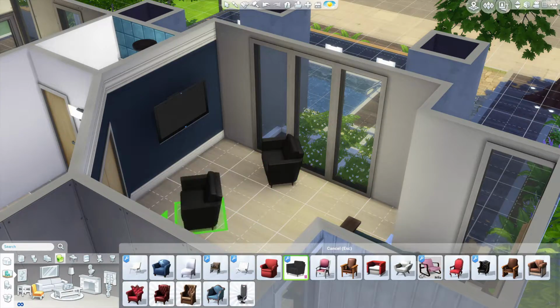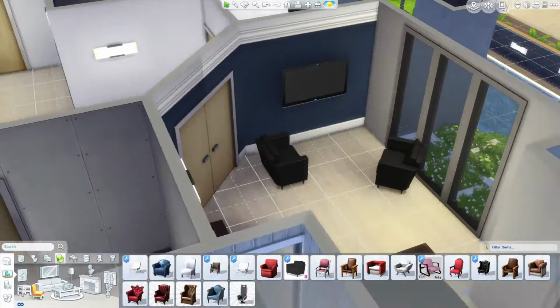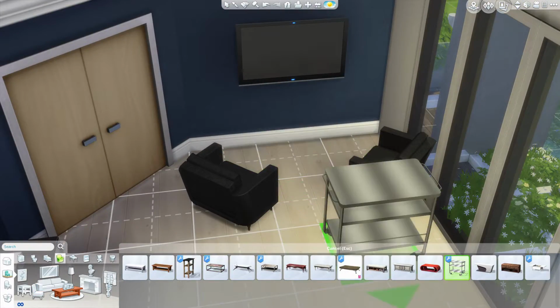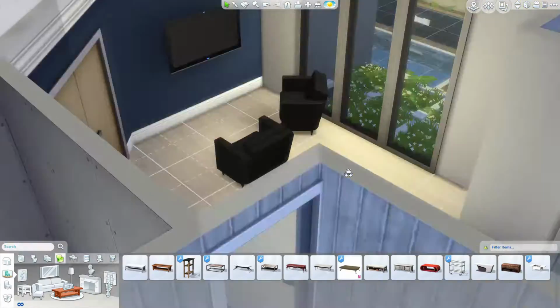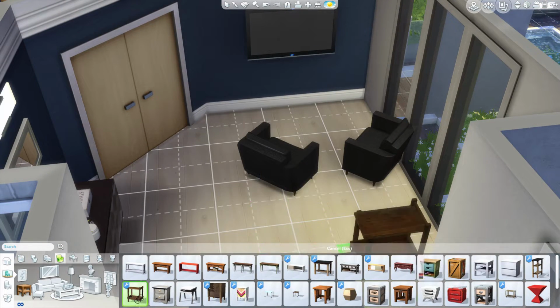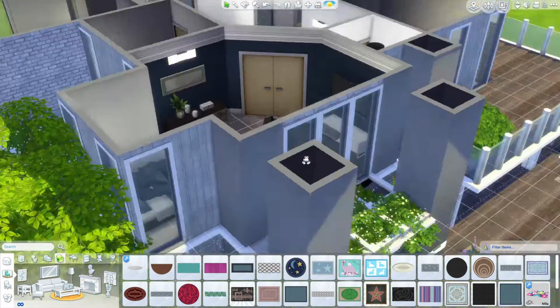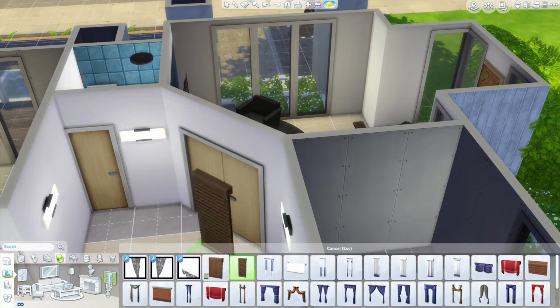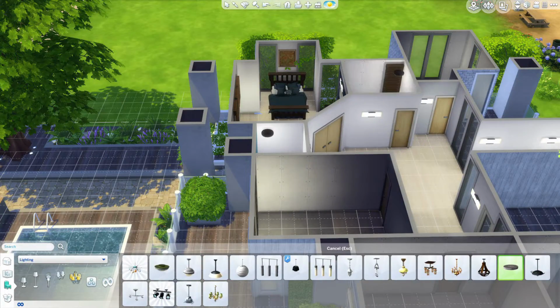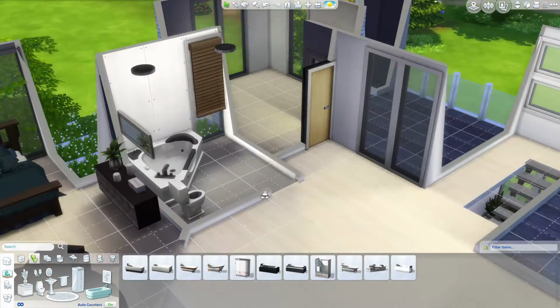With these chairs in this bedroom, I struggled so much because I didn't want them to cover the doorway, but I wanted a nice little corner to hang out and watch some TV late at night, maybe once the kids are in bed. I finally figured out how to put it so it doesn't cover the door so much, but it's maybe not ideal. Hopefully the Sims can fit past it and make it, but